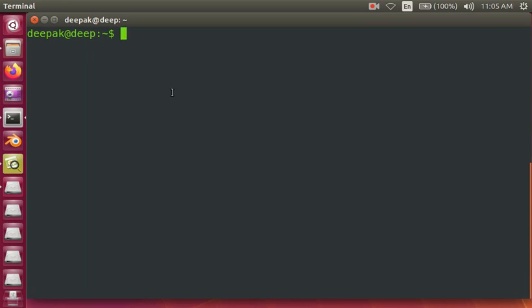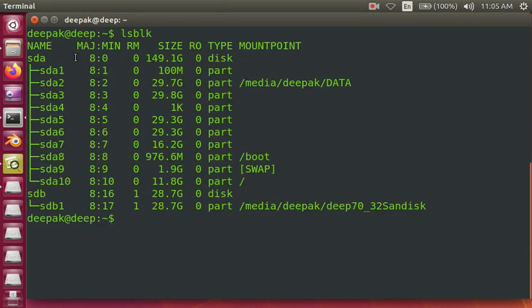In order to see the block devices right now available with me, I can use this command called lsblk, and see, this command is giving me the available file systems and devices.